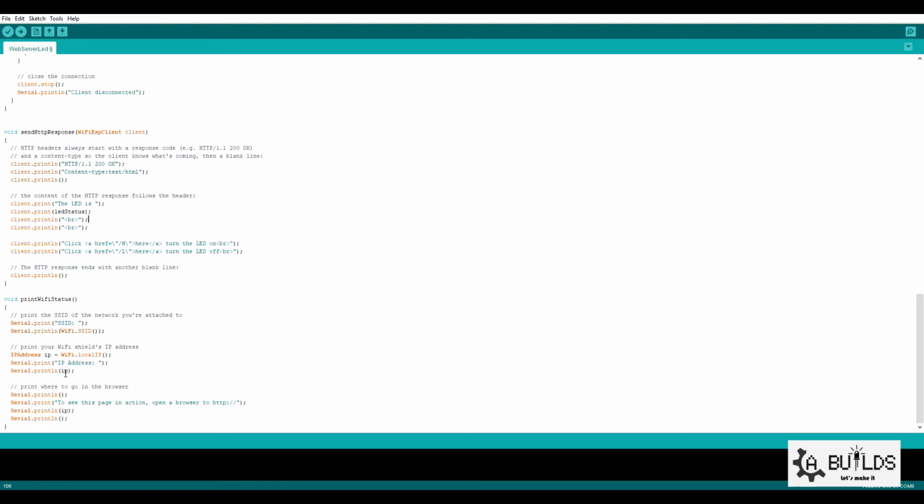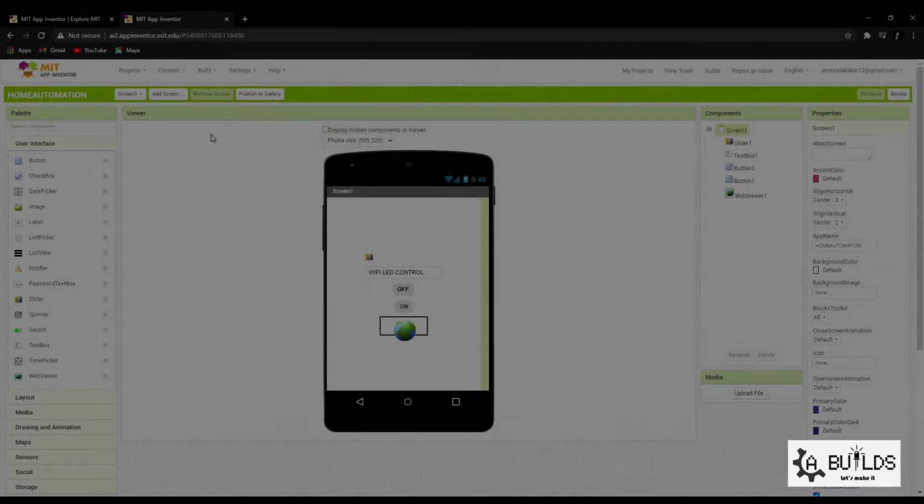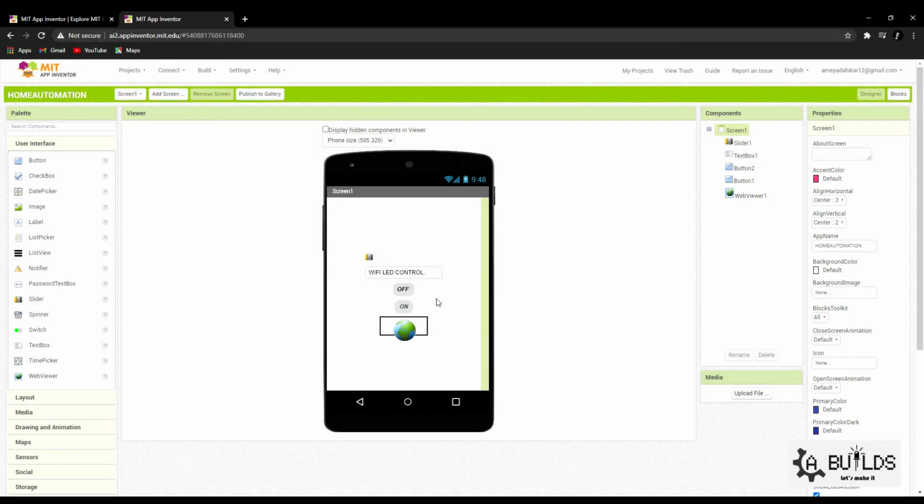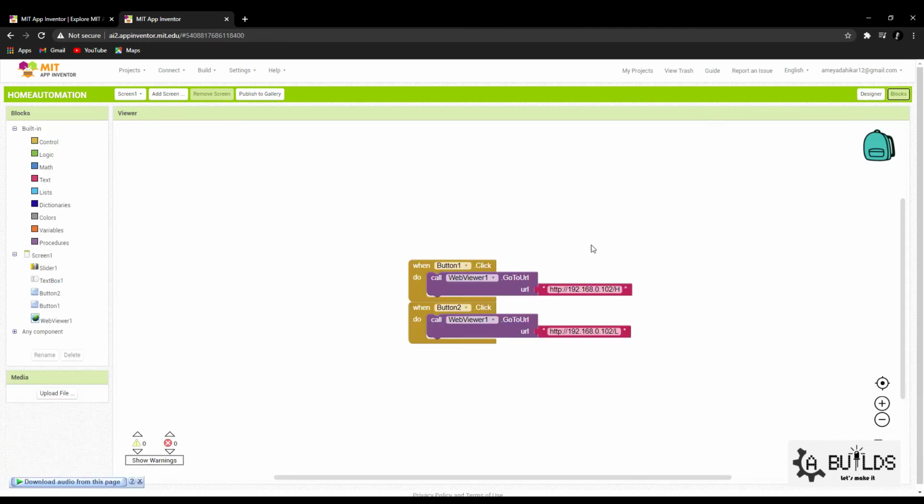There are some drawbacks in this system. It is a bit tricky to put the IP address which is assigned to the ESP module into a browser every time to control the LED or other things. So to solve this problem, in the next part I am making an application and controlling actual AC appliances, which will do this work more easily.